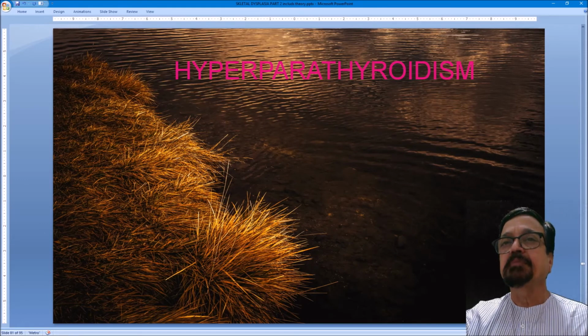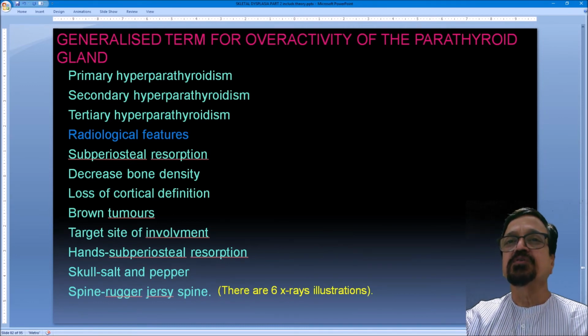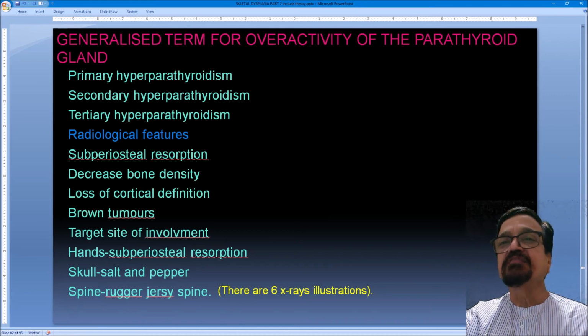Hyperparathyroidism is included in this group for differentiation and differential diagnosis purposes. Now the generalized term for overactivity of the parathyroid gland is as follows. There is primary hyperparathyroidism, secondary hyperparathyroidism, tertiary hyperparathyroidism, and the radiological features include